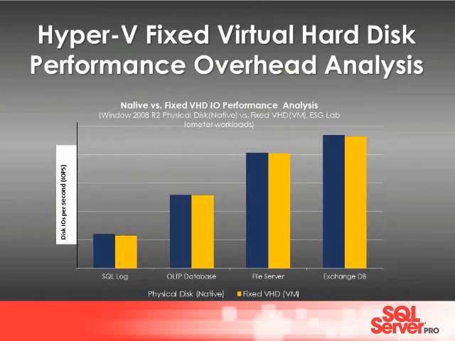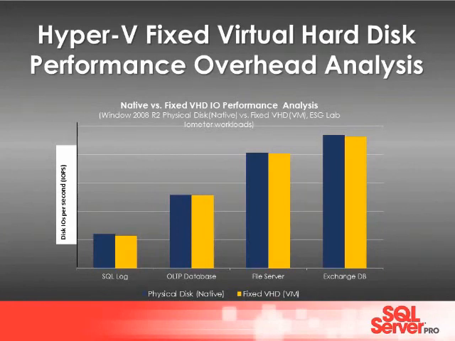There are three types of virtual hard disks you can choose when you are implementing your virtual machines, and basically your best choice is to use the fixed virtual hard disk. There are also dynamic virtual hard disks and differential virtual hard disks. Essentially, fixed virtual hard disks are going to give you the best performance, and what you see in this graph